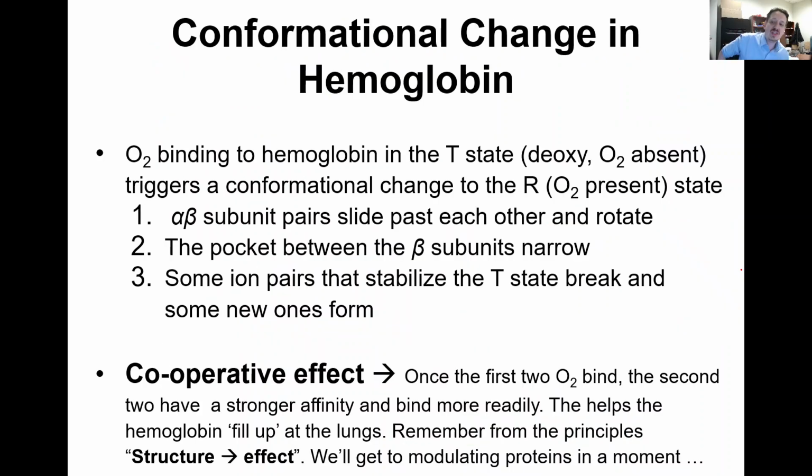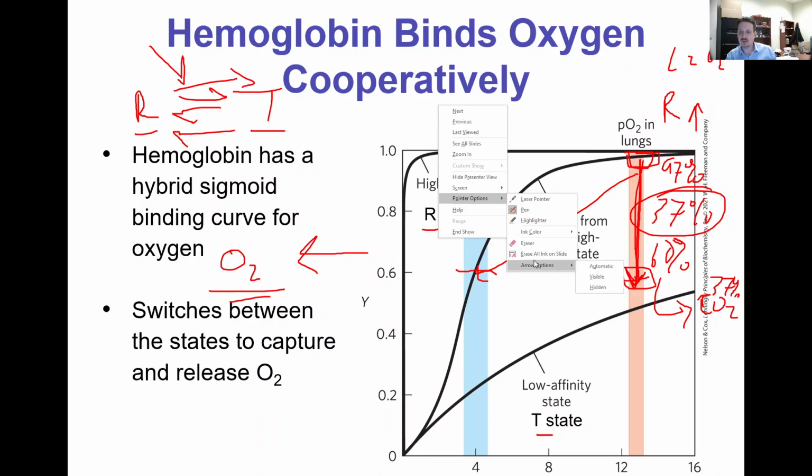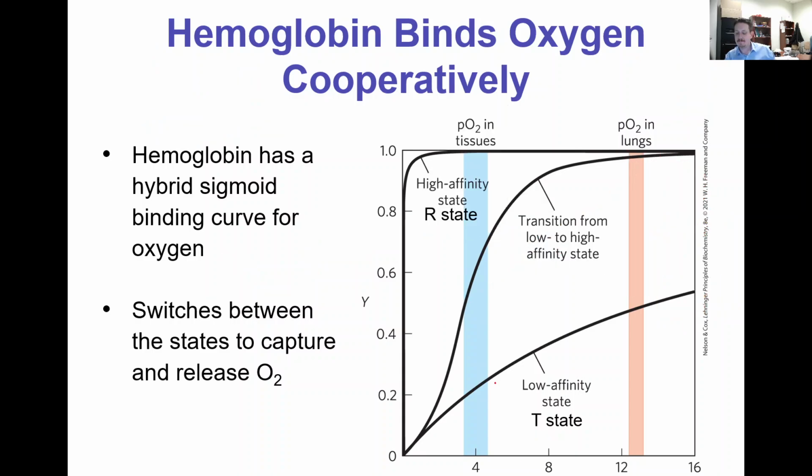Now, what causes that conformational change is various things binding to hemoglobin. I'm going to talk about a little bit more of them later, but in effect, if we start at the T state, that's in the deoxy, O2 absent state, oxygen is going to bind to that and induce it to change into the R state. So it's going to be at the site of the lungs. It's going to be in the T state, and it's going to return to the lungs, and then the concentration of oxygen in the lungs is going to push it into the R state